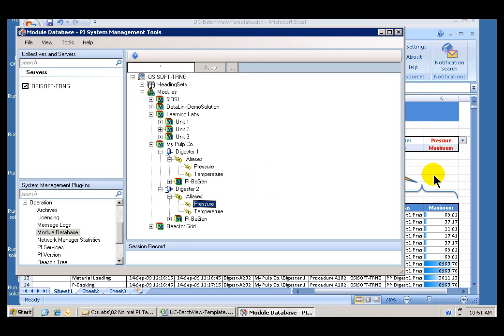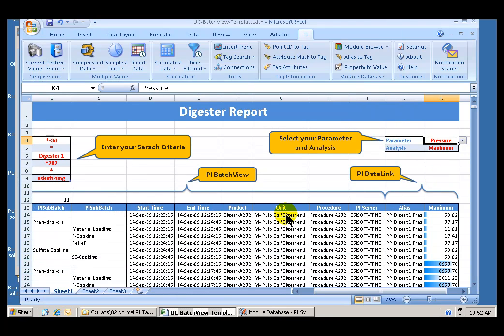So it's the definition of the aliases here, that those aliases are defined within specific digesters, these units. It's that mapping that produces this tag that you see right here. So we're mapping this unit name to this alias name here, and as a result we get a tag. Well, once you have a tag right here in this column, and you've got a start time and an end time for a batch, there's really no end to interesting calculations you can do at that point,